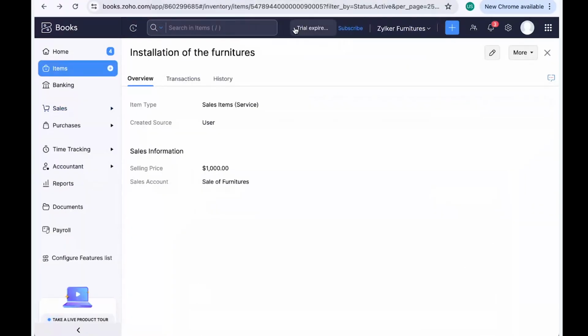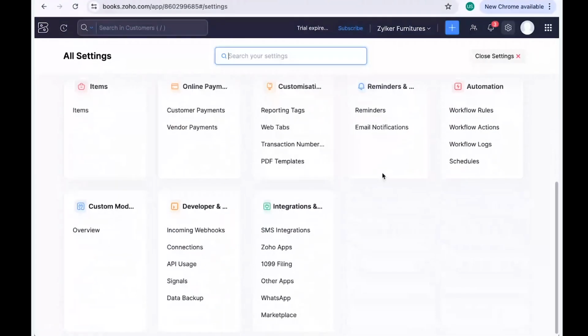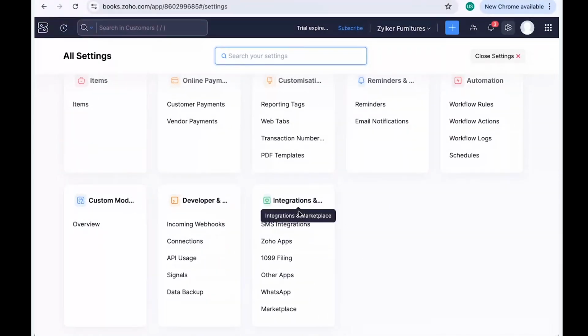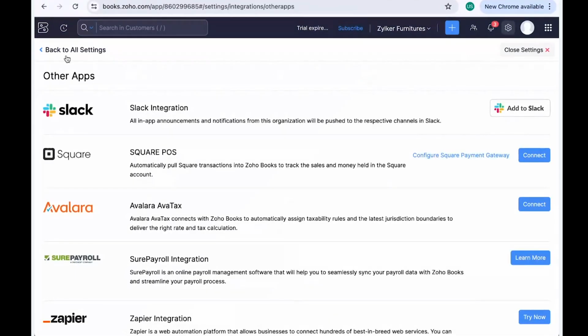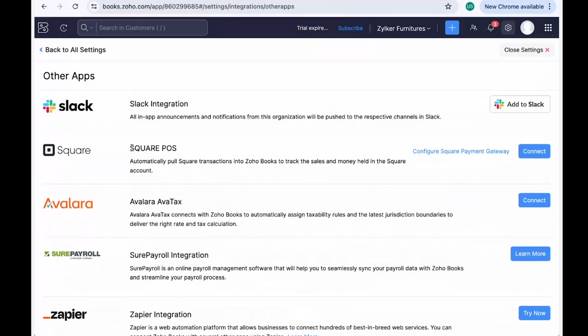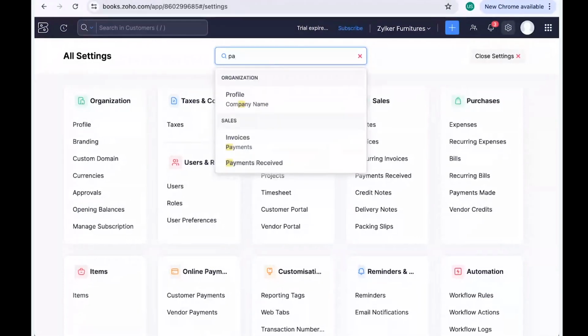Now, I'm going to take you through a list of all these different payment gateway providers that Zoho Books integrates with, and you let me know if this is something that you have been using for your business so far. You go into the settings of your Zoho Books, and when you scroll down, you will find an option called Other Applications, where you would find something called Square POS in case you're into this POS system. But if not, just search for something called